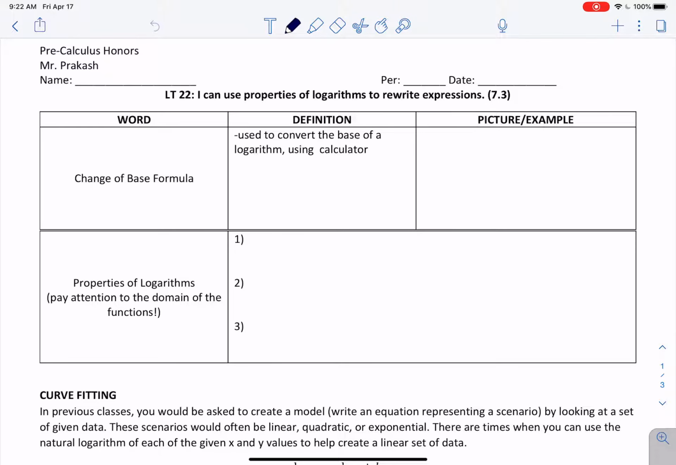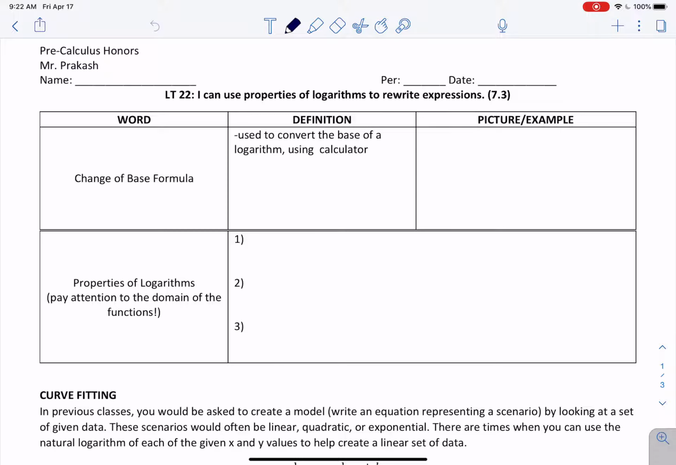Okay, so here's our next video on continuing chapter 7. This is 7.3, learning target 22, which is using properties of logarithms to rewrite expressions. And so we have a few different properties we can use to rewrite logarithmic expressions. These are really important to be able to simplify different things,